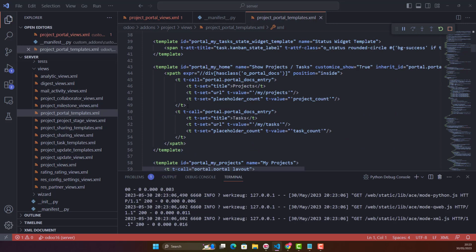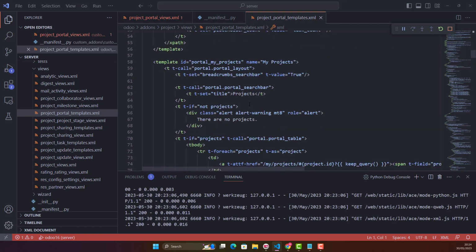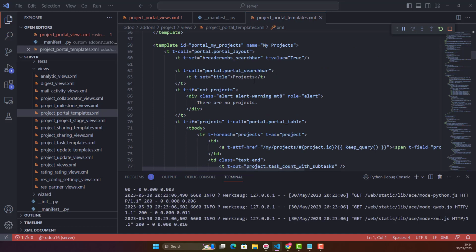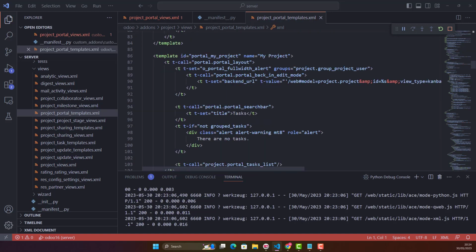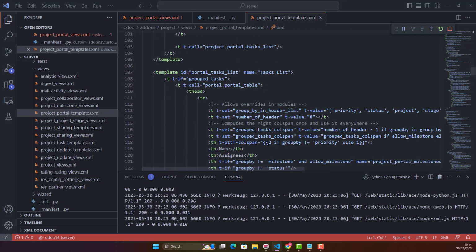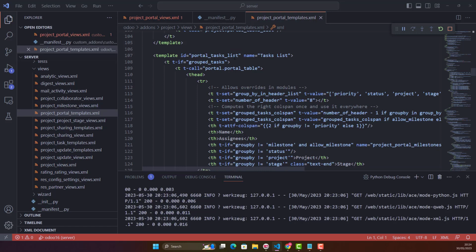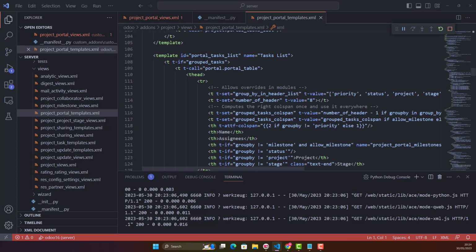This is, when we go in portal, we can see there portal my project. So this is for the my projects. This is portal my project layout and further widgets and divs. This is the portal task list. So, this tree view is basically this one, task lists. And then